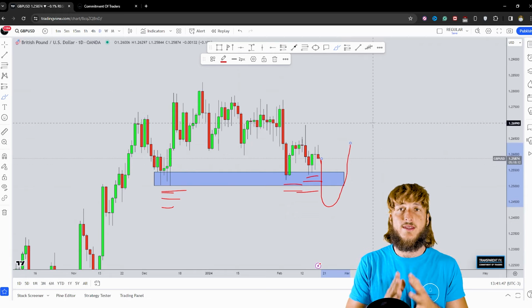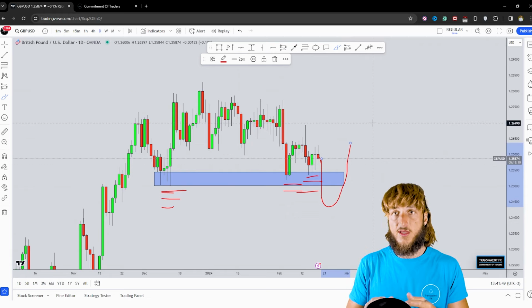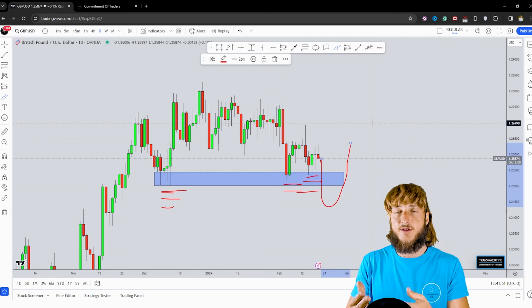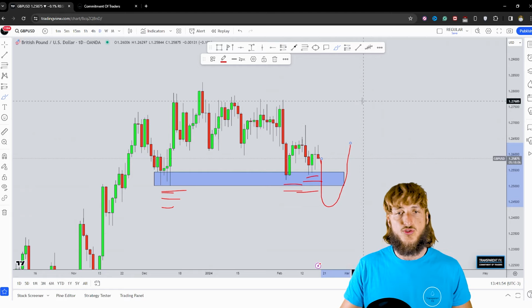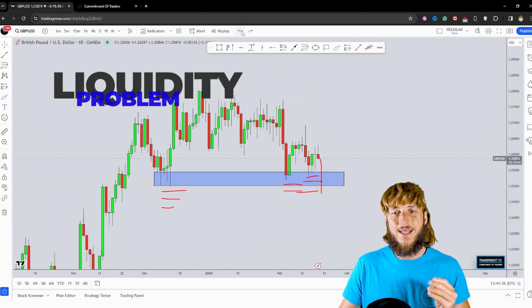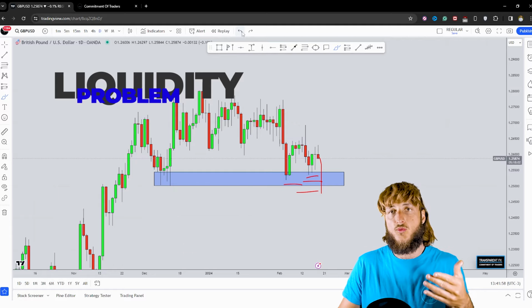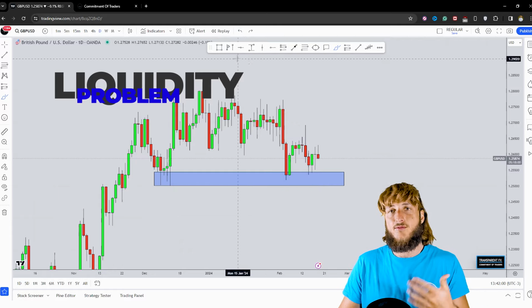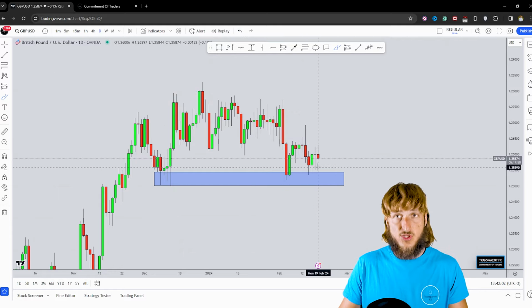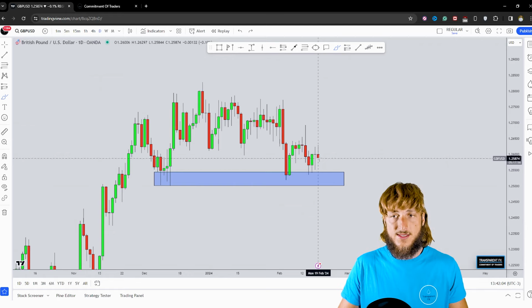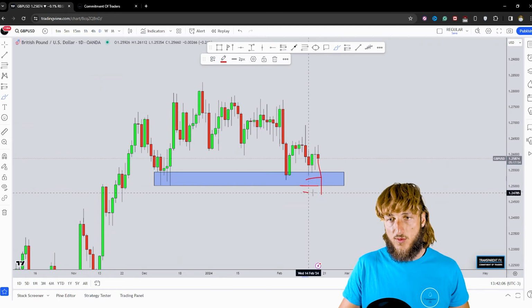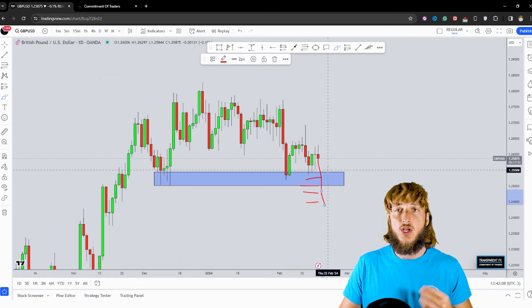Because always remember that for every seller in the market, there needs to be a buyer. For every buyer, there needs to be a seller. And if institutions don't have enough liquidity at every specific moment to position all their orders, they have to create that liquidity. And stop hunting is exactly what creates that kind of liquidity, because when stop losses get triggered, essentially